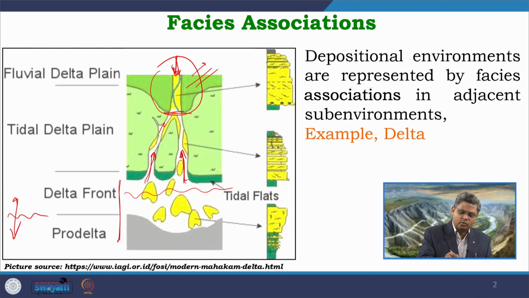So, in this part what we get is a simple meandering river system. What happens within a meandering river system? We get a channel, and along with that channel we get an overbank area, and within the channel we get some sort of point bars as the river is meandering.